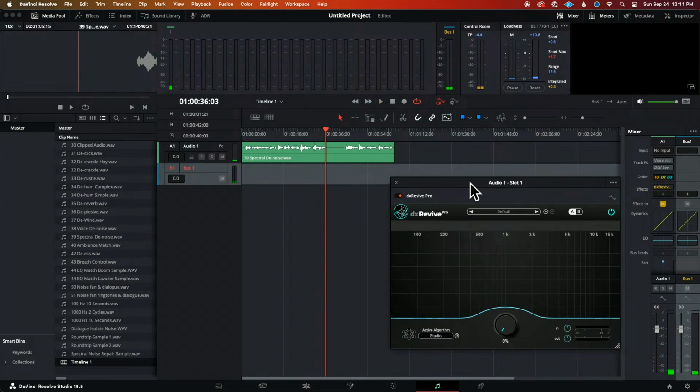Okay, so that is where we're starting. And I turned it off. I turned it down to 0%. Let's go ahead and run through it again. And this is the Pro version. The Pro version has a few different settings. For example, you can use different algorithms. There's Studio,